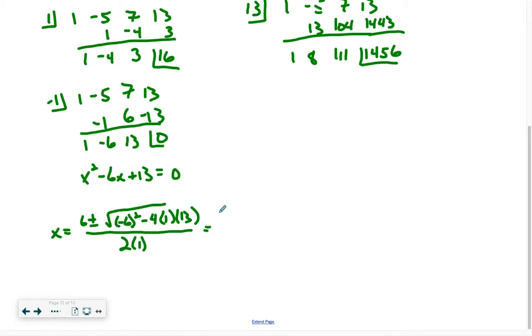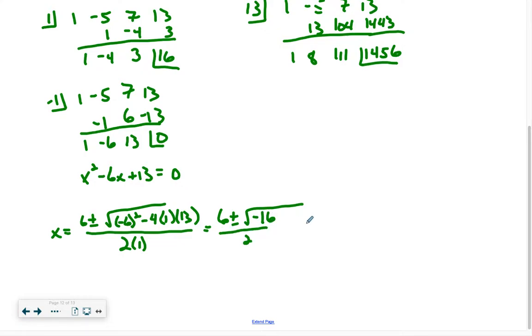So that'll be 6 plus or minus the square root of 36 minus 4 times 13. So 4 times 13 would be 52. So 36 minus 52 would get me negative 16